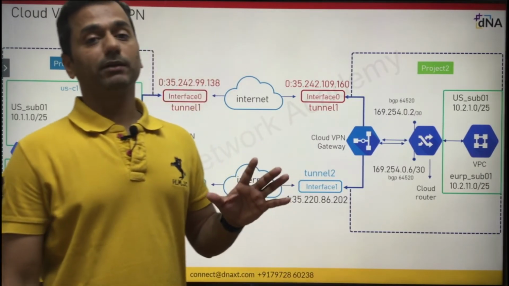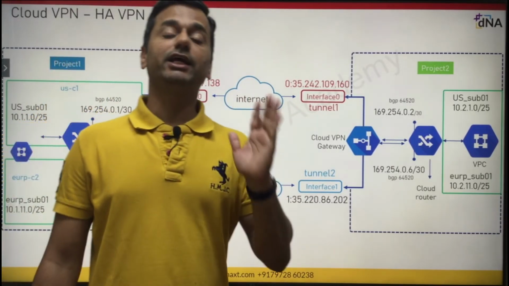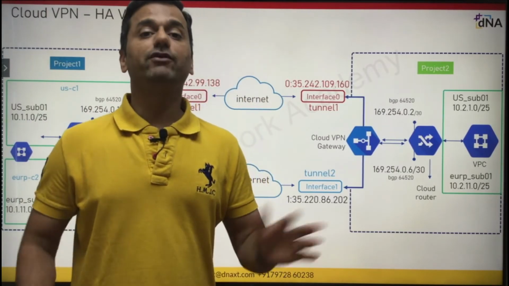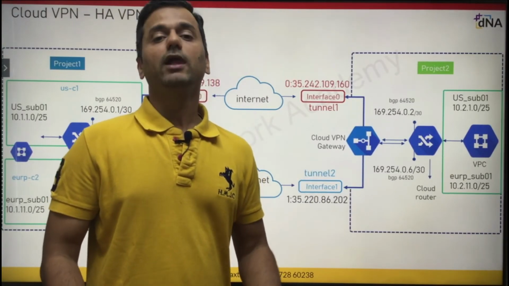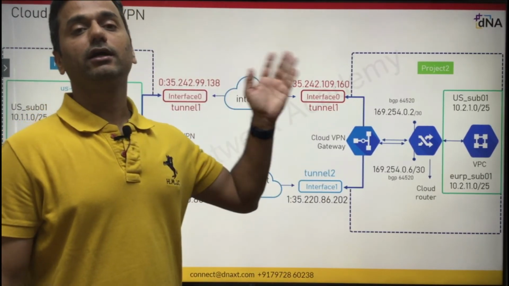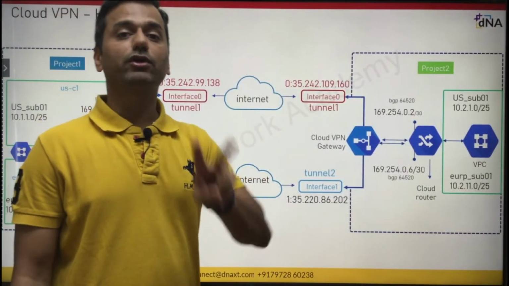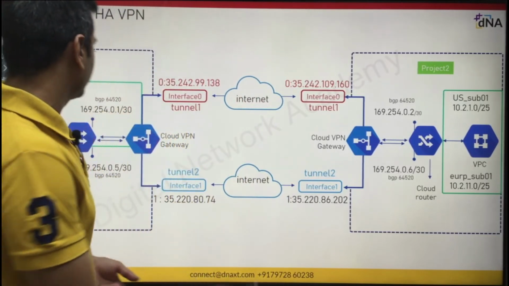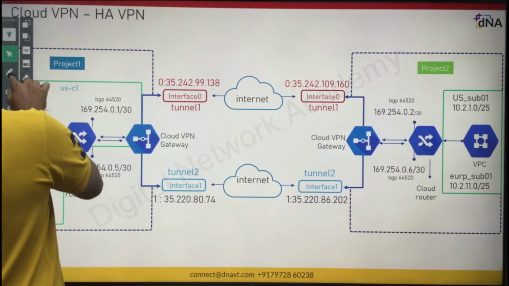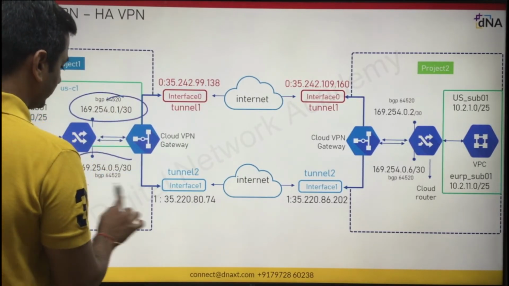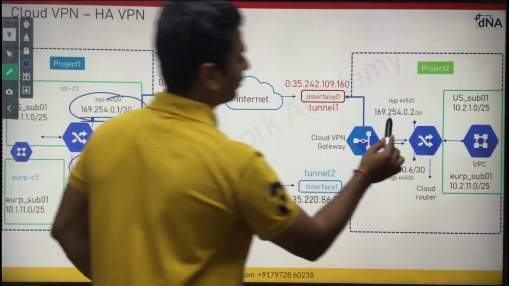So once you configure the cloud VPN gateway, you are required to have a cloud router. Why? Because HA VPN only supports BGP, and you will configure the BGP in the cloud router. Both projects would require a unique AS number, correct? Once you choose the unique AS number, you would require 2 unique subnets, one for BGP session 1 and another for BGP session 2. One IP address you will allocate to your cloud router, and the next IP address you will allocate to your peer router